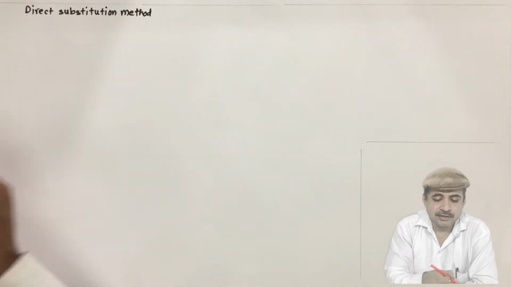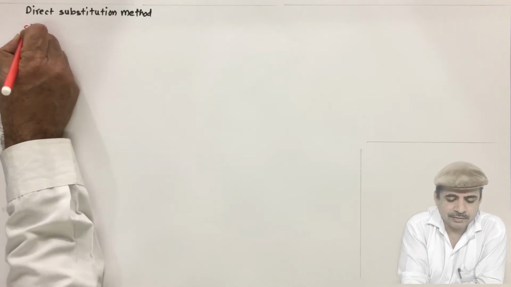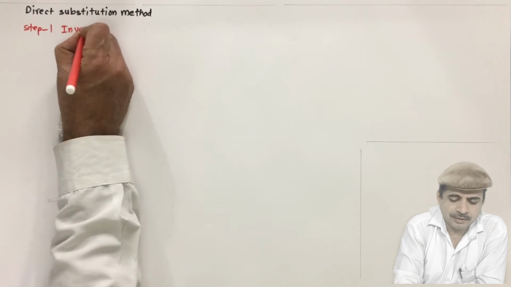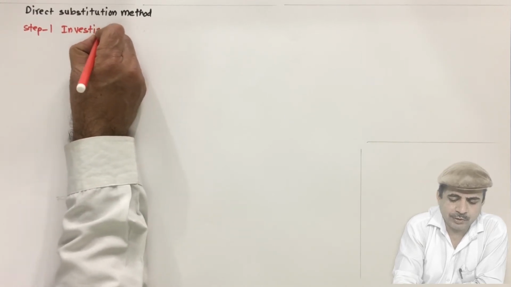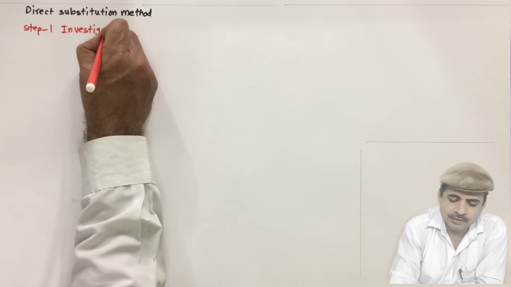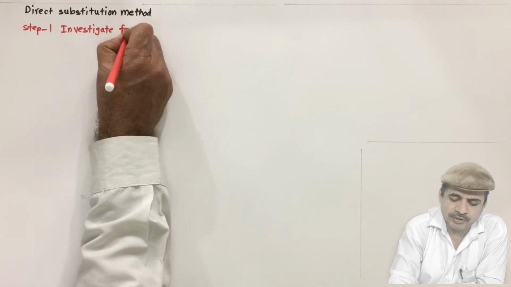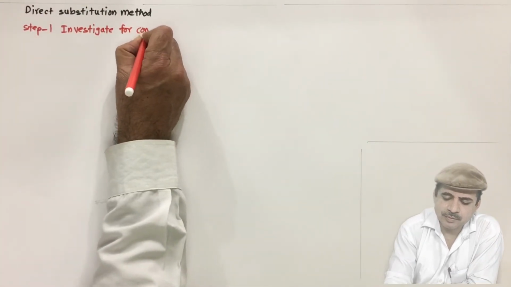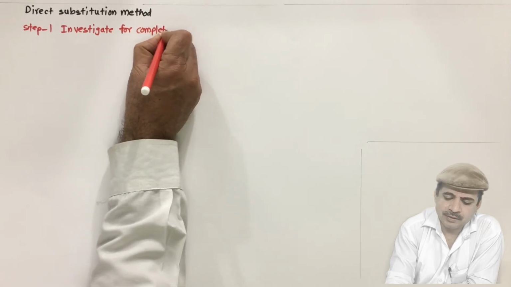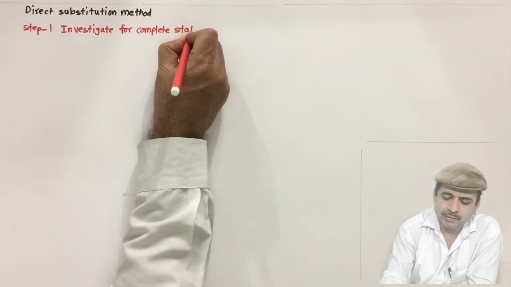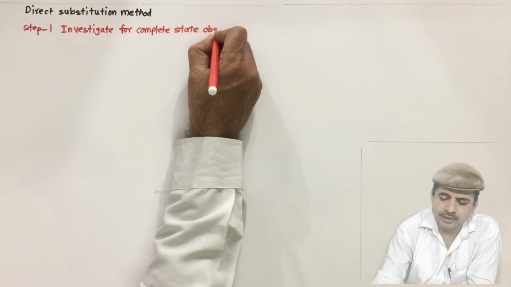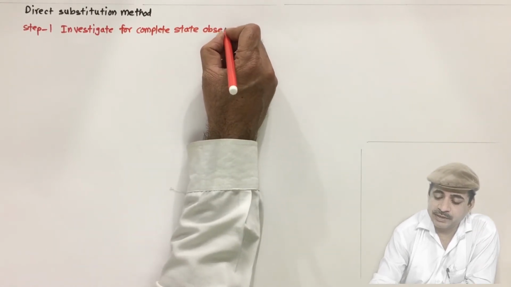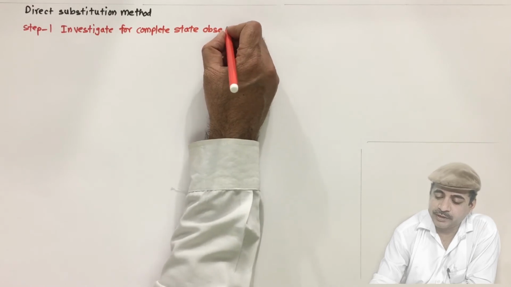In this method, again the step 1 is investigate. I am doing it because you should have the habit of doing this. Always follow the first step, don't omit this step. If you are doing it for the objective examination, okay, then you can omit. But otherwise, this is a step that you should always include in your design.